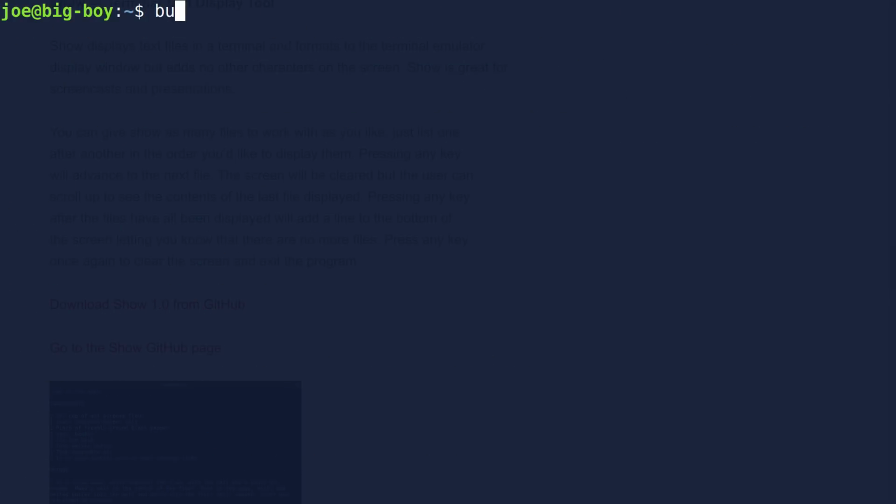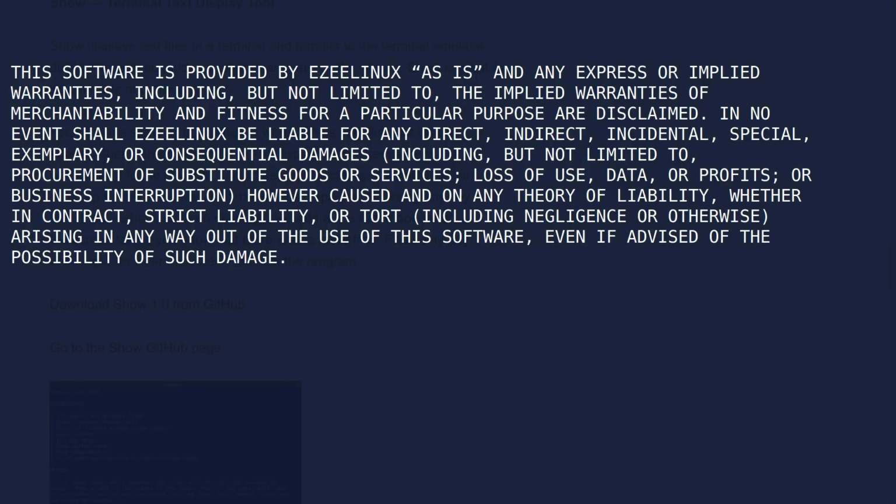So to show you how that works real quick, I don't have to type it. I can just go up here like so. See, it says show, and then I took that little warning text file and I threw it in here. And now it shows it. So when you're done, hit the space bar. First it gives you a warning and says no more files to let you know, hey, you're going to leave the program, because when it leaves, boom, it's gone. That's Show. That's all it is. And you can type in multiple files, one after the other.